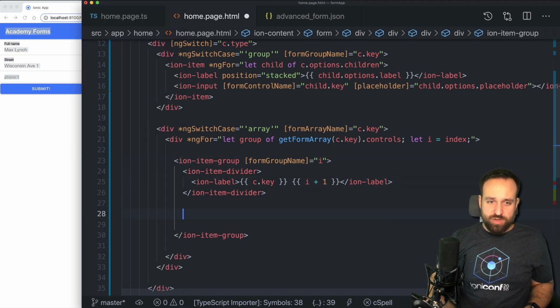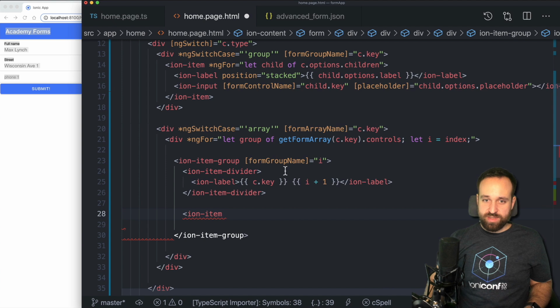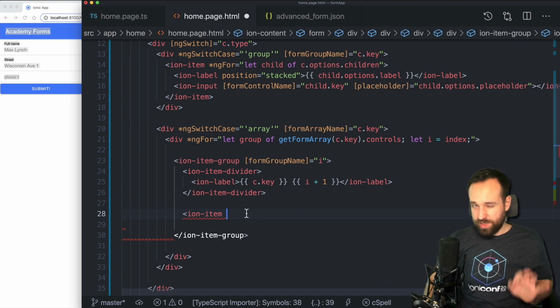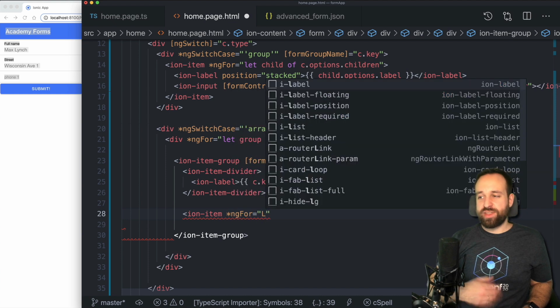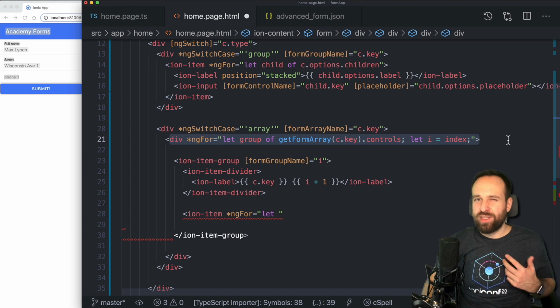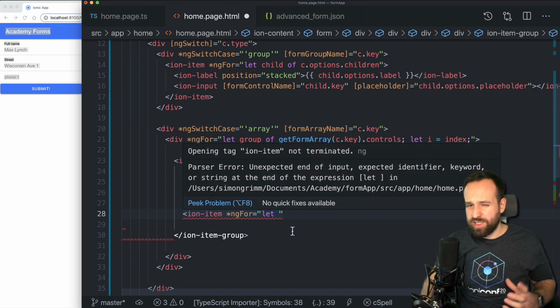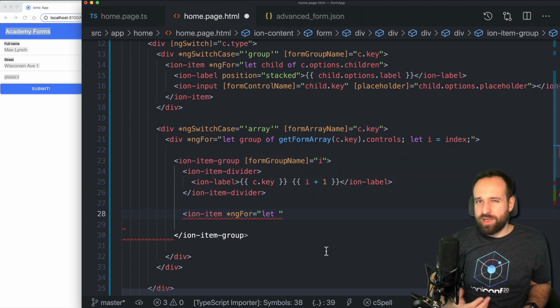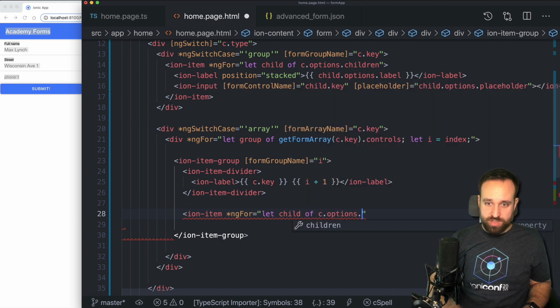All right, the interesting part is to display now the different items within this form group, or actually this one element from the form array. And now we once again go back to the information from the array, because this is now displaying meta information. At this point, we wanted to know how many groups really are inside the reactive form, and now we just want to know, okay, which fields are actually inside that array, and we know this from the JSON that you got from the server or from the local stuff. So let child of c.options.children,